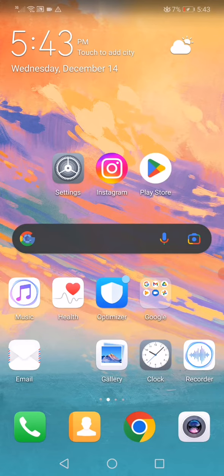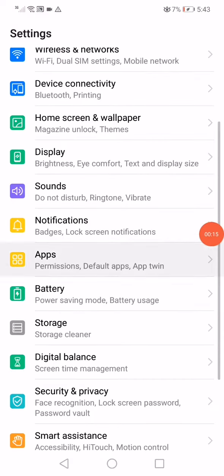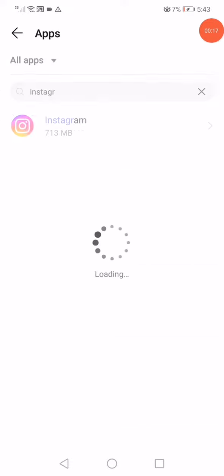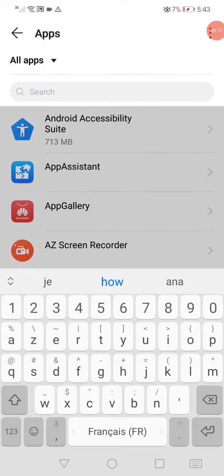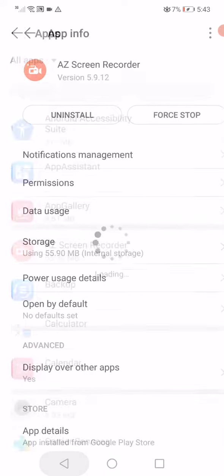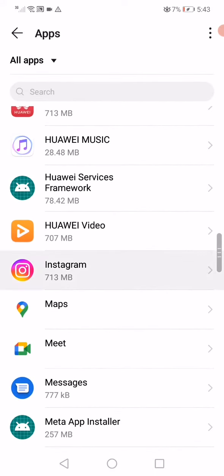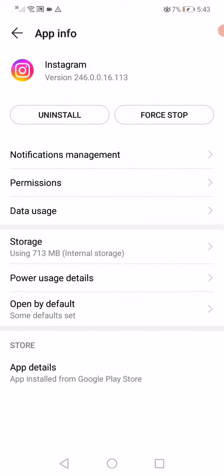So first thing you have to do is open the settings, go to the apps manager, go to the apps. Right here on this page you will find many apps. Just scroll until you find Instagram, click on it. After you click on it, all what you have to do now is click on this for stop and then